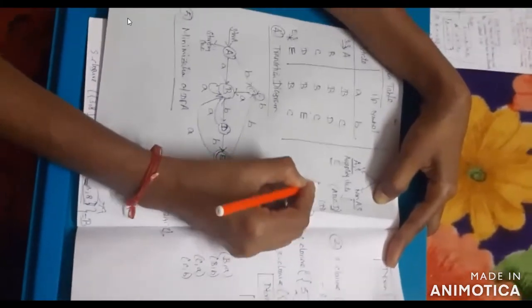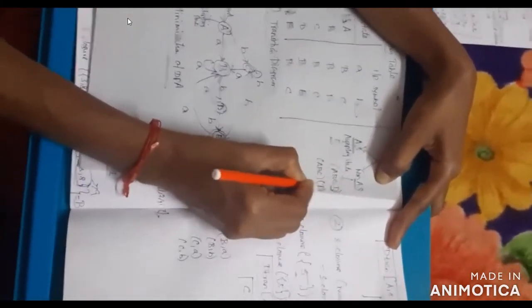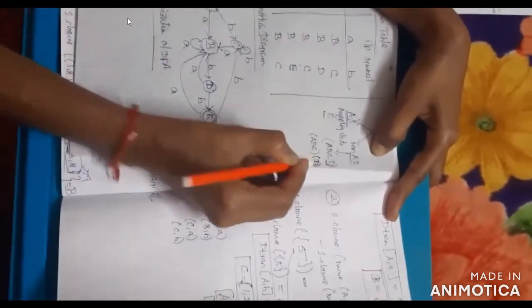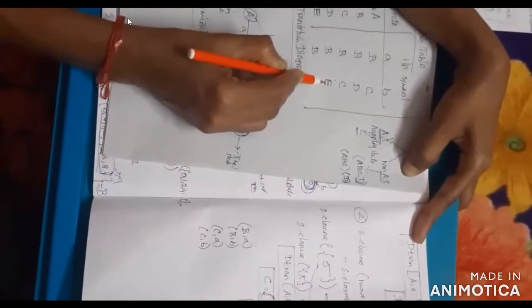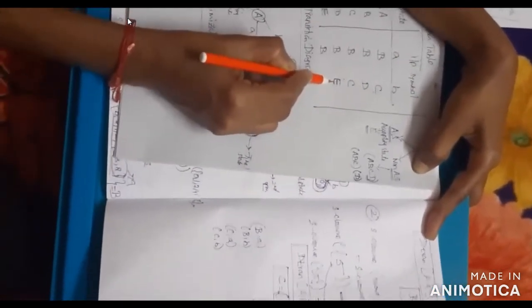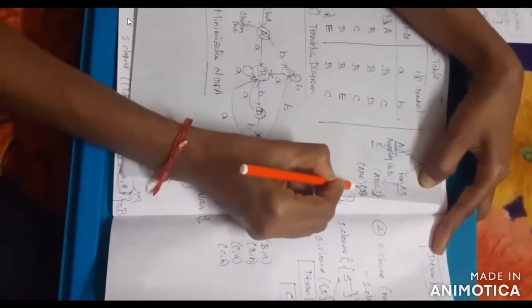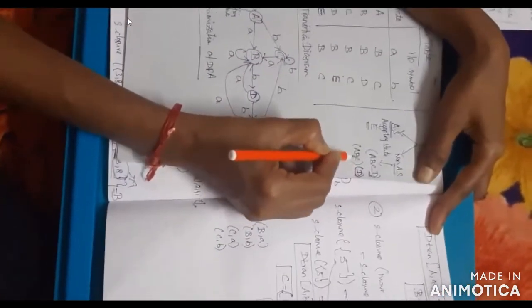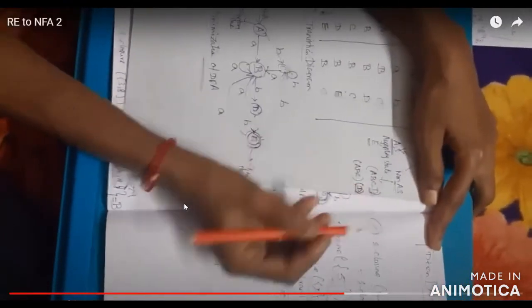So here you can segregate into two groups: one is A, B, C, another one is D. Why is there no need to remove D? The output of D is E, and E is the accepting state, so the accepting state value comes under D. So I can segregate two groups: one is A, B, C, another one is D.